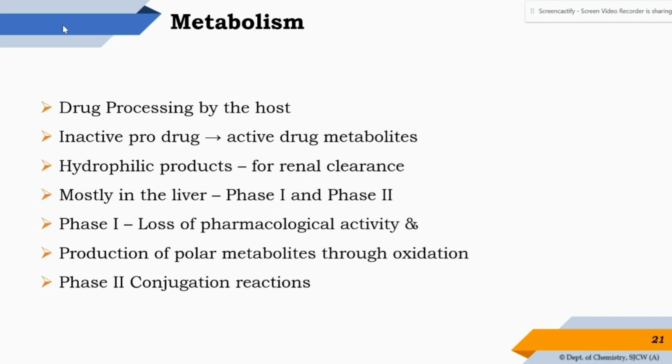We know that kidneys are the ones that will eliminate the unwanted waste through the urine. So the liver will metabolize the drug into hydrophilic products through phase 1 and phase 2 reactions, such that even if the drug is originally some hydrophobic molecule, through these metabolic oxidative processes, oxidation will take place. Because of the oxidation, the molecule will become more polar. Because of its polarity, it will become hydrophilic, and the water is there in the body, kidneys will collect